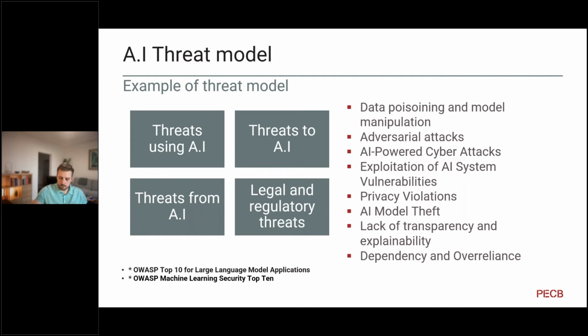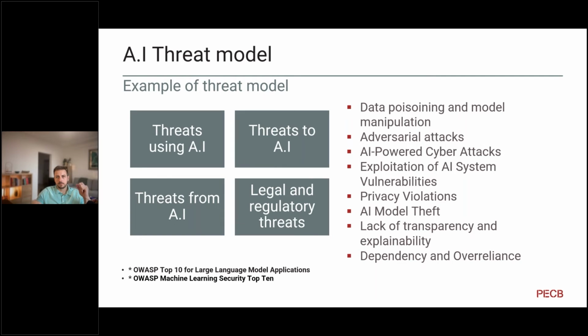The fourth threat is not so specific to AI, but can also be studied in this case: the exploitation of AI system vulnerabilities themselves. And this is the transition to the left part of the slide, the four categories you see. When you think about a threat model of AI, we can put these threats into big categories, and exploitation of AI systems will enter the second category, threats to AI.